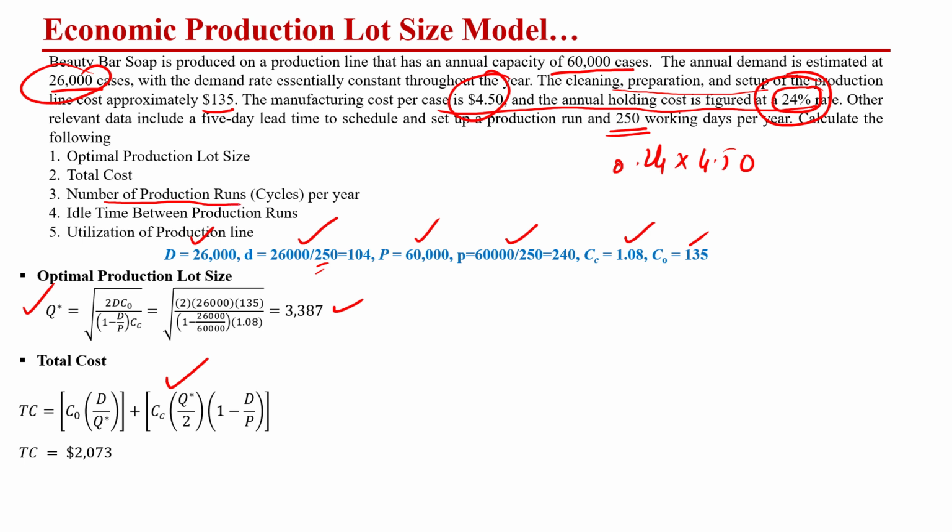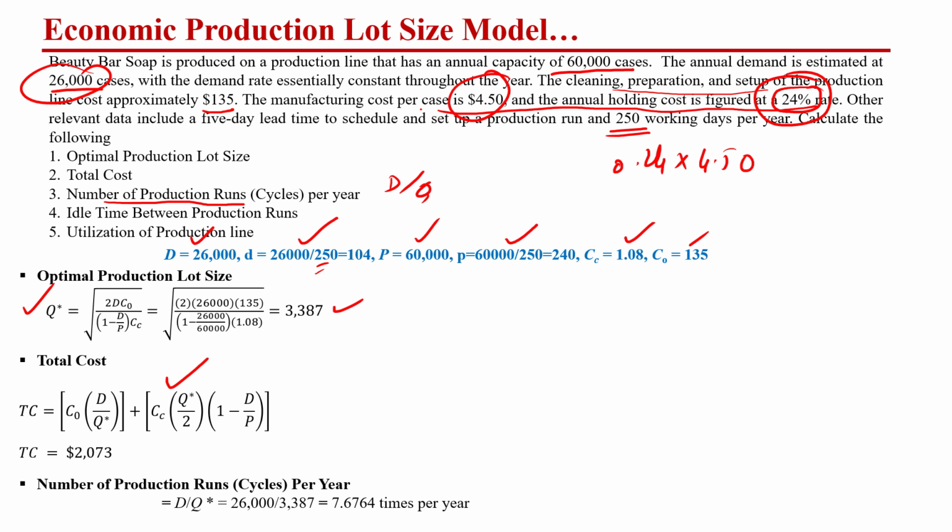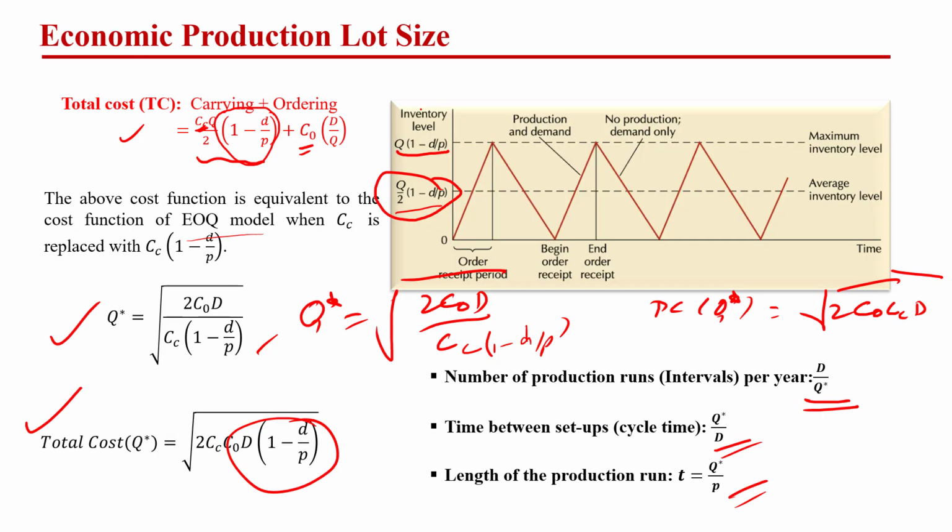In order to calculate the number of production runs, or you can say the number of production cycles or order cycles, that is going to be capital D over Q star, which is going to be 7.674. Now the next thing is we need to find the idle time between the production runs. What this means is, when we finish the production of this particular SKU, how long is our production going to be idle or wait